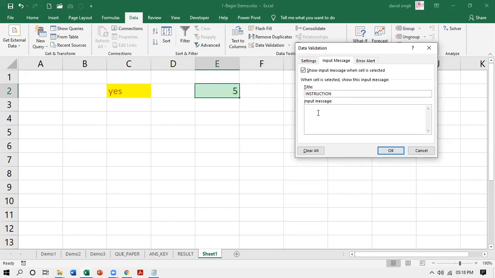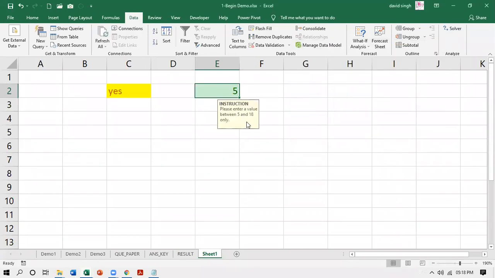In input message, I am typing, please enter a value between 5 and 18 only. And I click OK. So now this instruction is coming up. So the user will come to know what is required in this cell. So the user can enter the value accordingly. And if the user does not enter it, the things will be taken care of because of the validation rule.